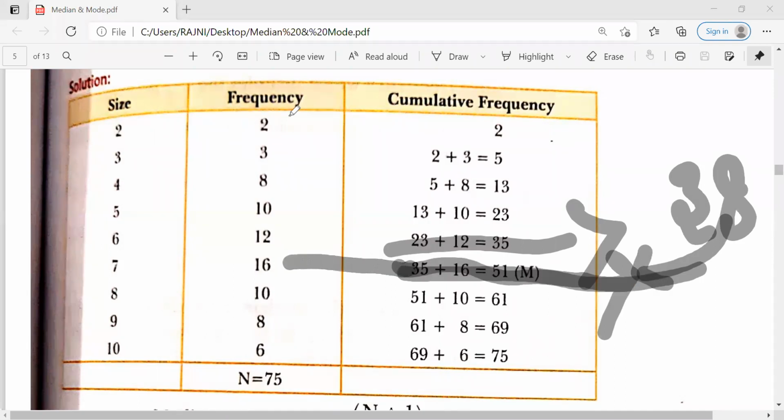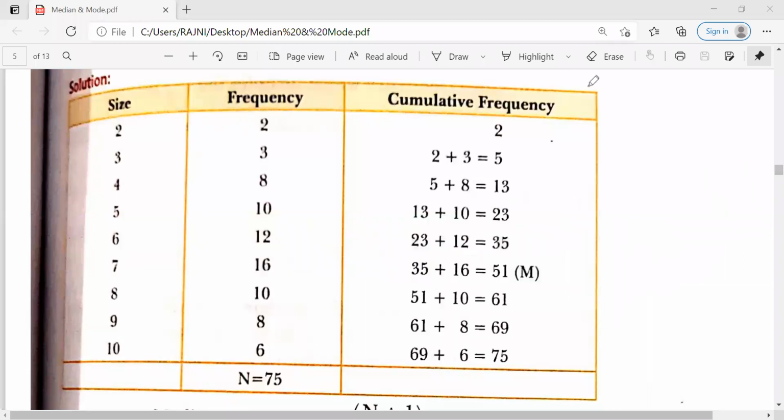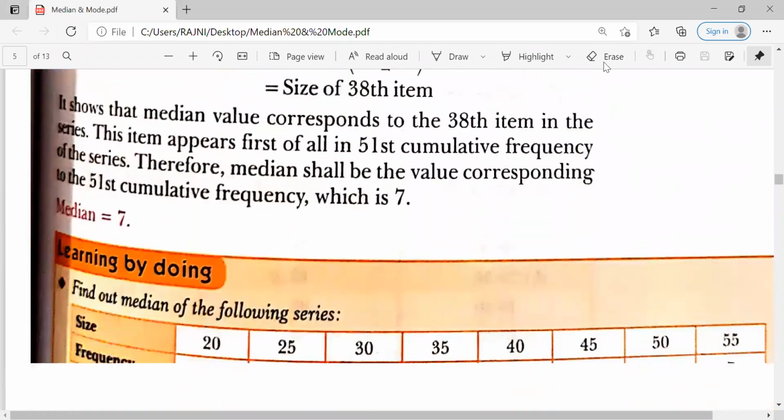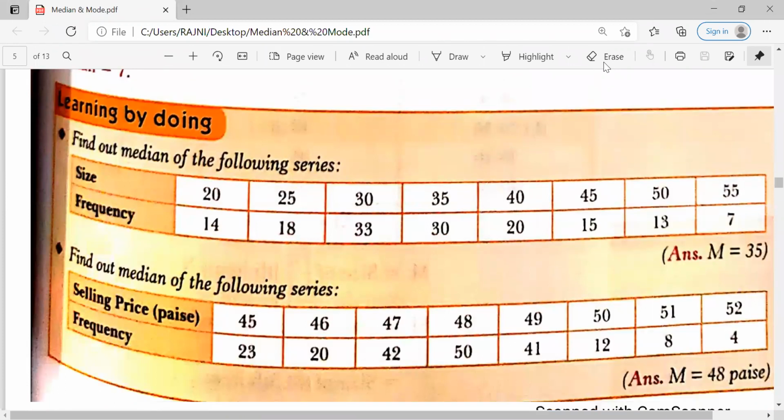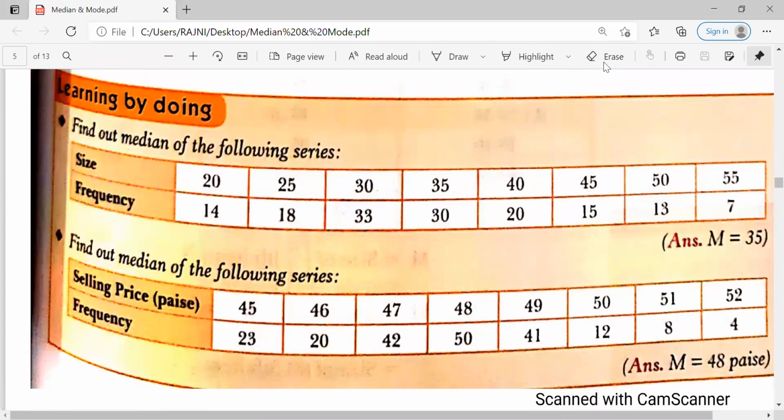Then find the relevant main item of that series, which is known as the median. This is the simple process to find the median in case of the discrete series. It doesn't matter whether the number of items is odd or even, you can find it using the same formula in both cases. Okay.